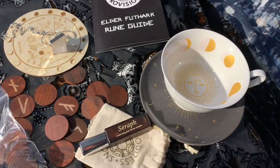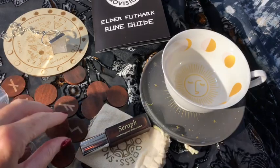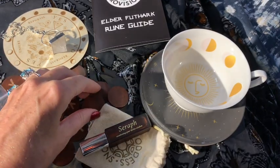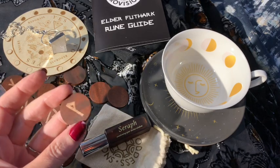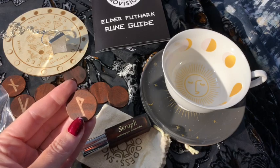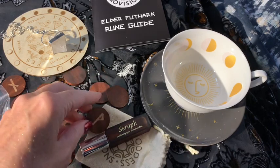Now, something I was super excited by is the runes, because I've just recently started divining with these, and you have these beautiful runes. You have 25 wooden stones, and they're laser etched with the runic